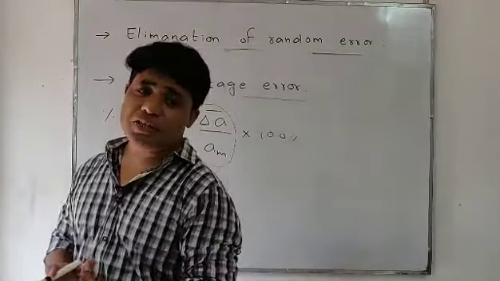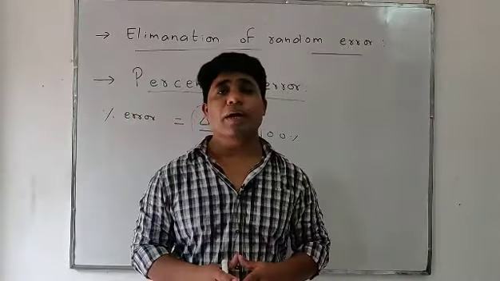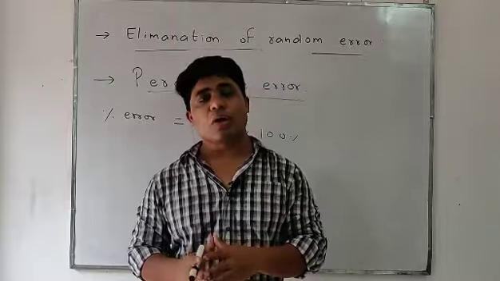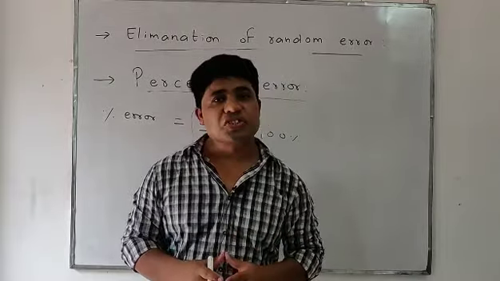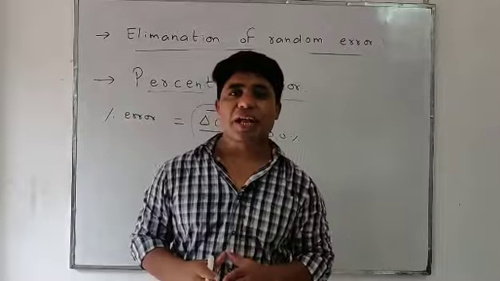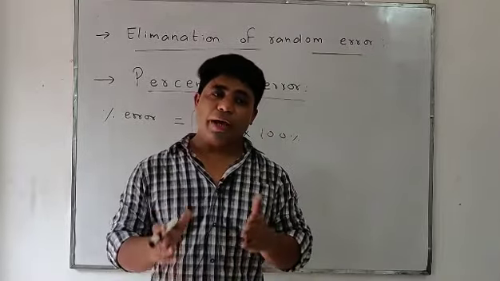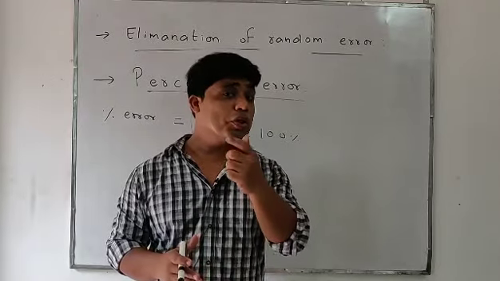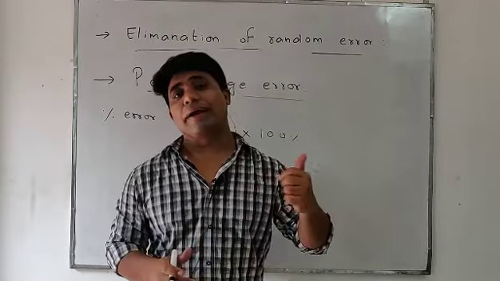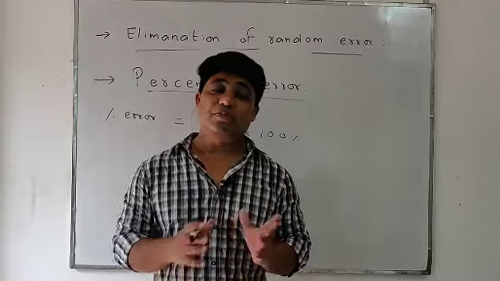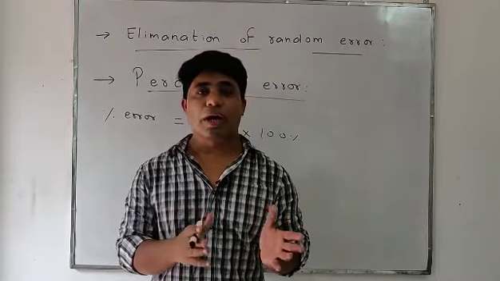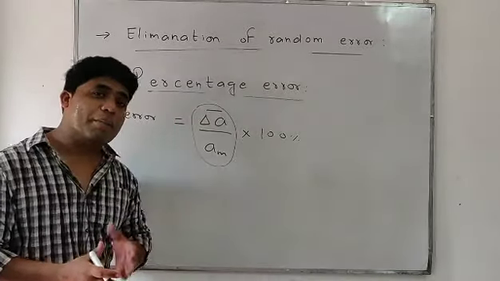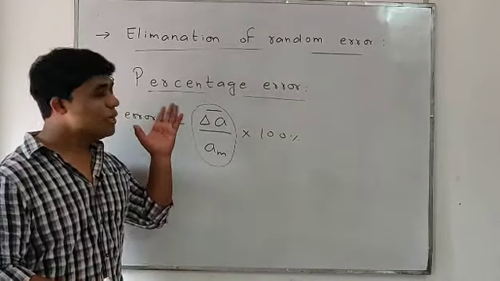What is error? It is defined as the difference of the true value and the calculated measured value. These are mainly two types: systematic error or random error. What is systematic error? That occurs in a single direction, either positive or negative, and systematic error can be minimized by knowing its causes. Next is random error. That occurs by chance. There is no fixed reason for that random error occurring, and we can minimize random error by taking their average. And these are the terms.